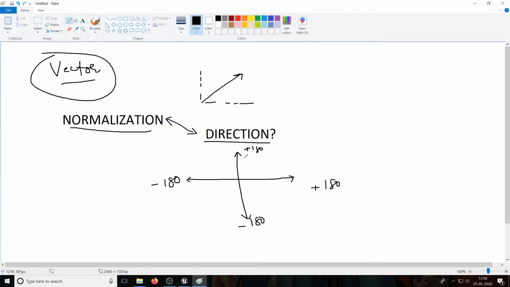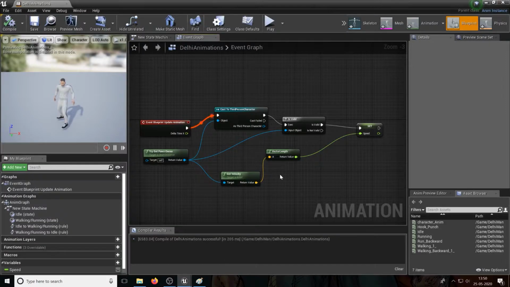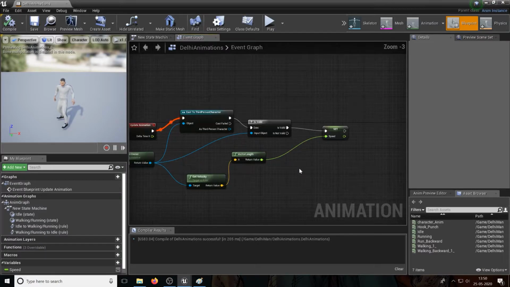So this would be the forward axis, and this would be the move right axis. So we want to get the actual direction so that we're able to make our animations a little better. To do that, there is a handy little node called the calculate direction node. And to do that, you need to input two parts. You need to input the vector length, and you need to input the